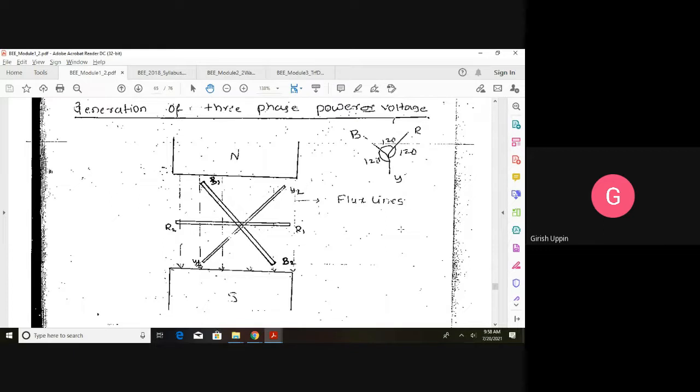So that is also sinusoidal form. And the B1 is 240 degree apart. After the start of R1, it takes about 240 degree, then B1 will have one cycle. So as we keep on rotating, the R1 is the first phase, then Y phase. After 120 degree we get the Y phase, after another 120 degree we get the B phase. So this is how the EMF is generated. And if you draw the phasor diagram, this is the R, Y and B, they are 120 degree apart.